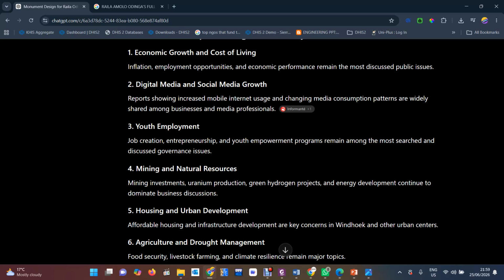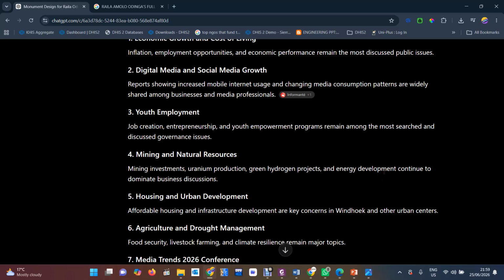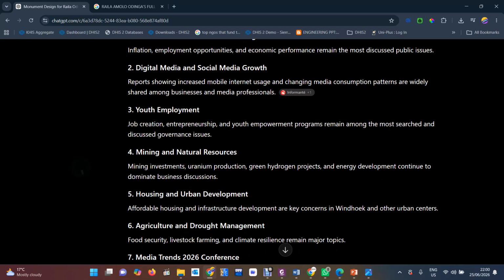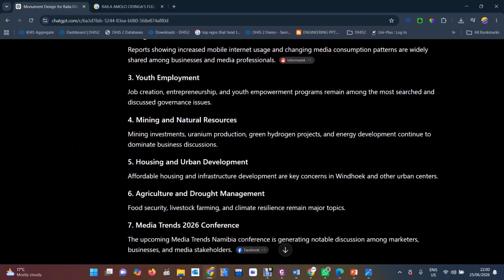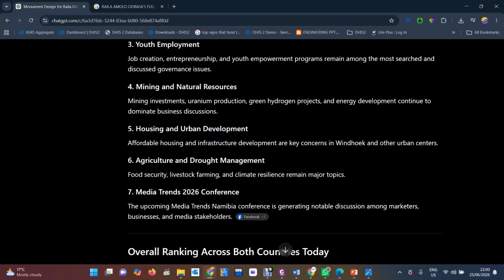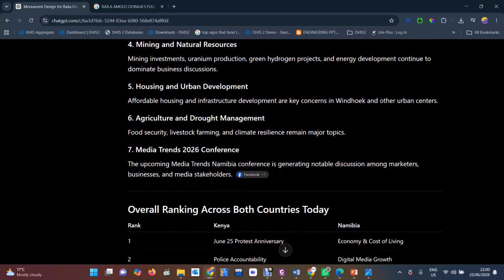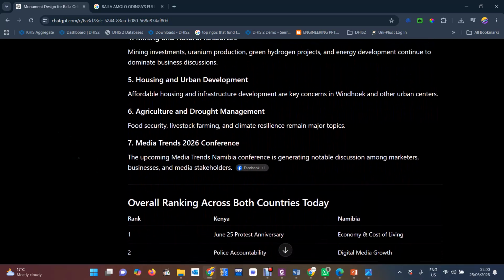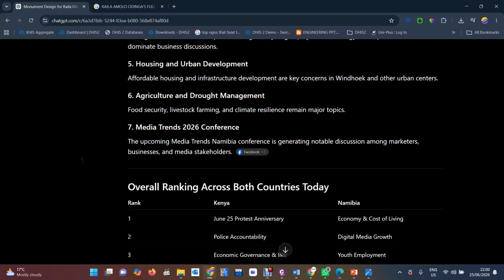It is here that reports showing increased mobile internet usage and changing media consumption patterns are widely shared among businesses and media professionals. Then we have youth employment, job creation, entrepreneurship issues, mining and natural resources, housing and urban development, and agriculture and drought management.